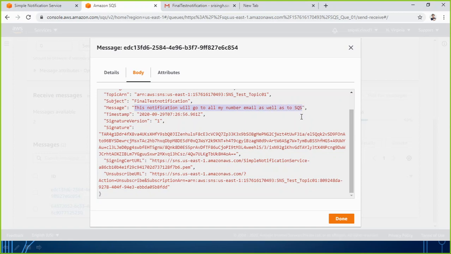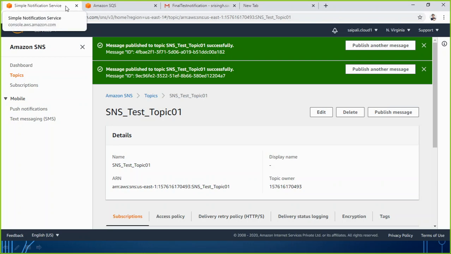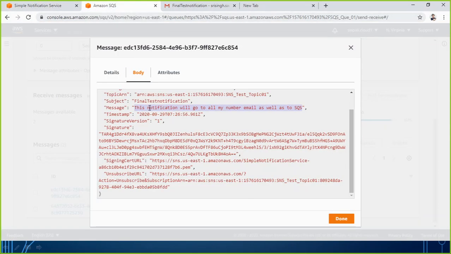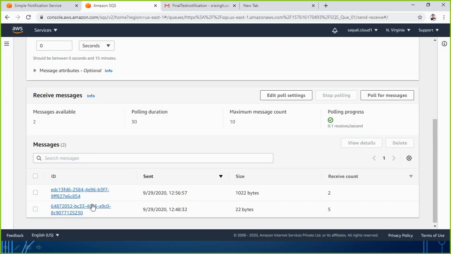That's the notification. Why is it coming like this? Because this time it is integrated with the SNS. SNS is generating a notification. That notification is going to the SQS. It was held there. I manually retrieved it, and then I am able to see that notification. So that was all. I was trying to explain to you how SNS and SQS can work, and it can be helpful for the administrator.